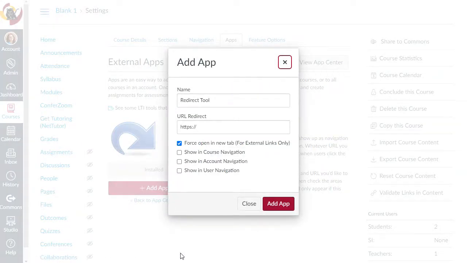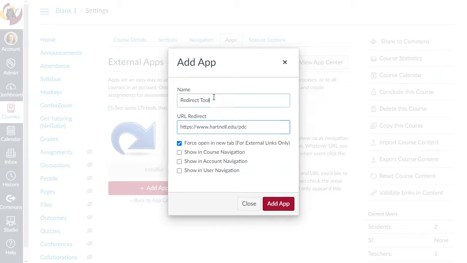And now I'm going to put in the name of the item that I want to show up in my left course menu. And then I'll place my URL here where I want the link to go. So if I wanted to send people to the PDC website, for example, I would enter in the PDC website link like this. Now, if you have a long or complex link, you might not want to type this in manually. You might want to open up a new tab in your browser, go to that link, and then copy the full link so that way you don't have a chance of entering in a typo.